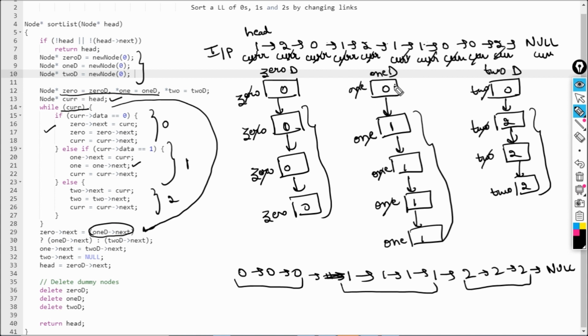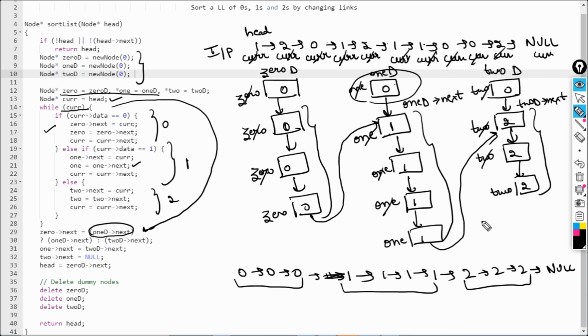So this is 1D and this is 1D's next, right? As 1D is not null here, you need to connect 0's next, this is 0's next, and you need to connect it here, because we don't want this node, right? This was just to create them, right? We don't need this node actually. Okay, again now what we are doing, in 1's next put 2D's next, so this is 1's next, and what is 2D's next? This is 2D's next, right?